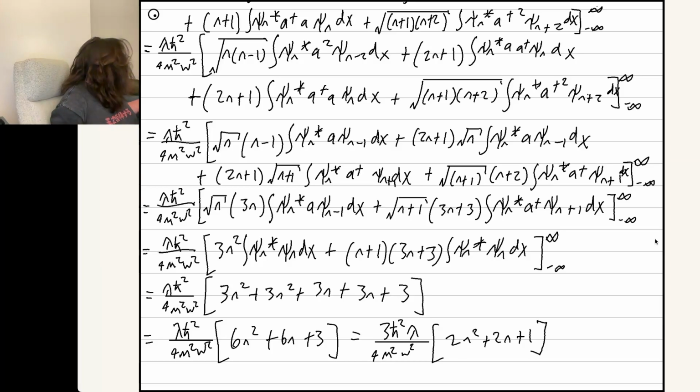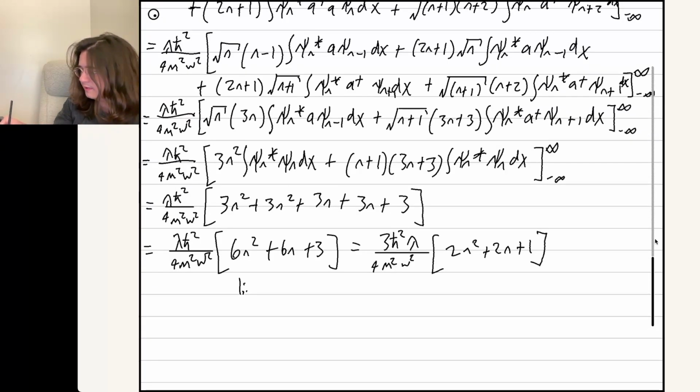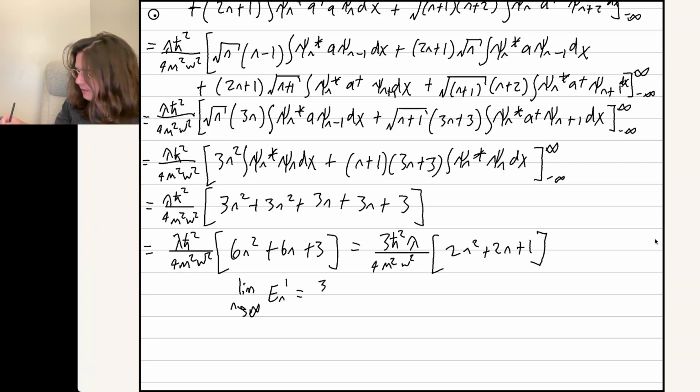The question then asks, after that, a couple of questions that don't really have any calculations to them. It says, argue that no matter how small lambda is, the perturbation expansion will break down for some large enough n. And that's not too hard to see with your eyeballs, because in the limit where n goes to infinity, our first order corrections will kind of go like 3h bar squared lambda times 2n squared